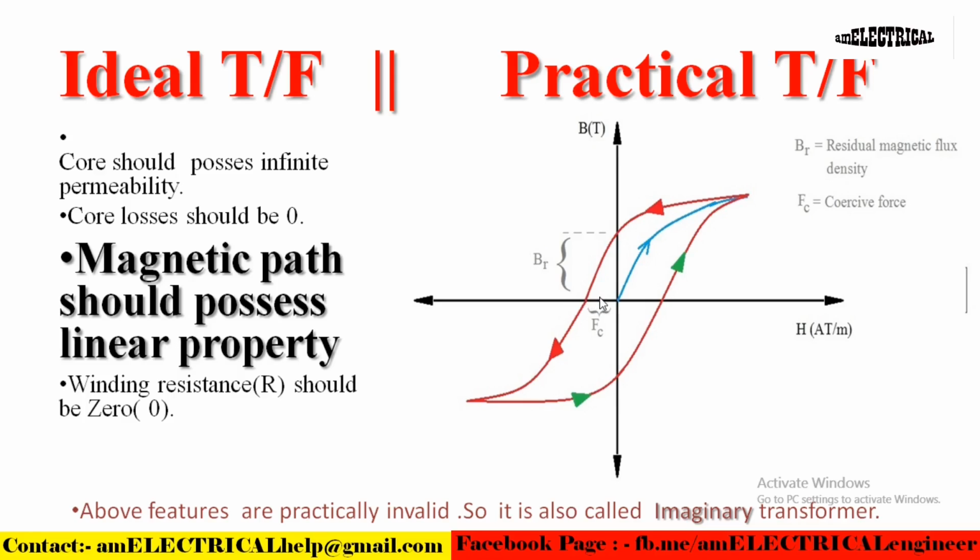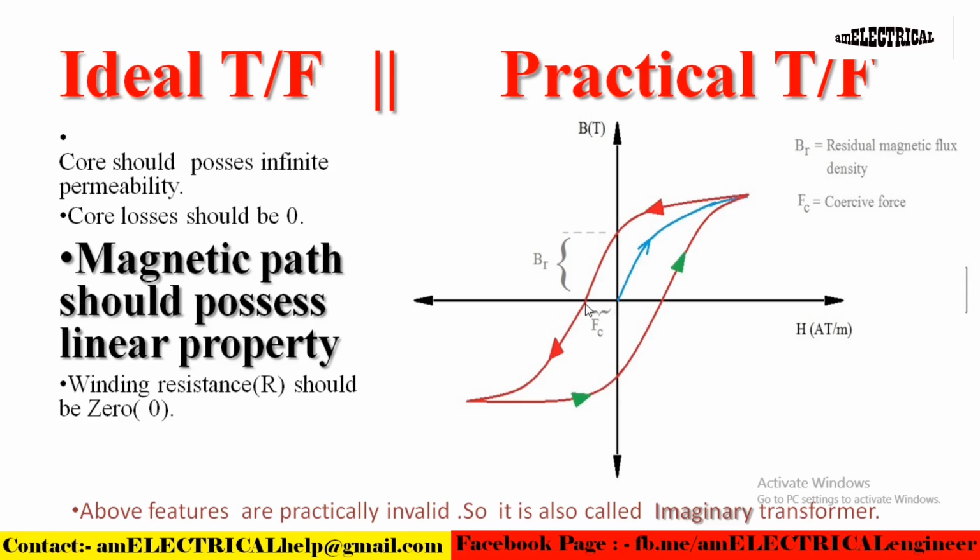Forcefully we will decrease the value. So the coercive force in the negative direction we will apply, that is negative flux intensity or negative MMF we have to apply. Then the B value will be 0 or the flux will be totally removed. Here the coercive force is denoted by F suffix C. Here you can see that to remove the flux totally, we have given this amount of H in the negative direction.